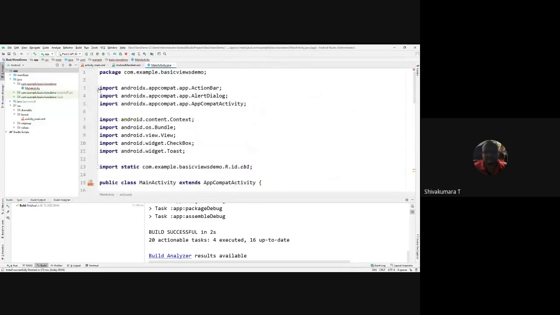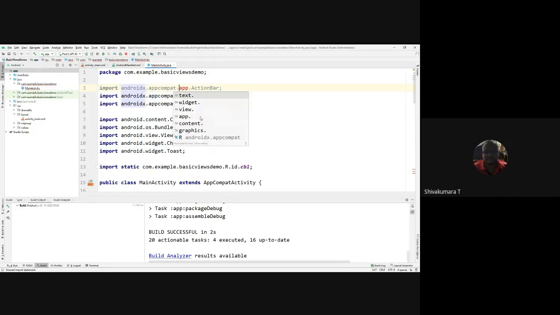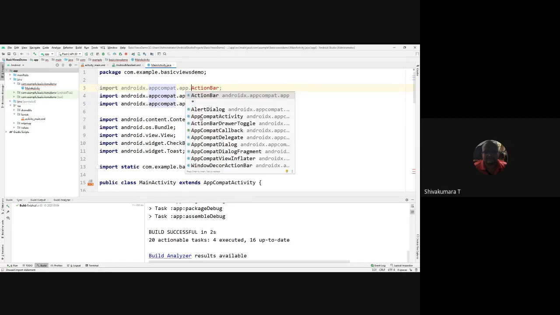Here you require to import app content dot app dot action bar, rather than that, import android dot app compat dot action bar, in that app there is an action bar.